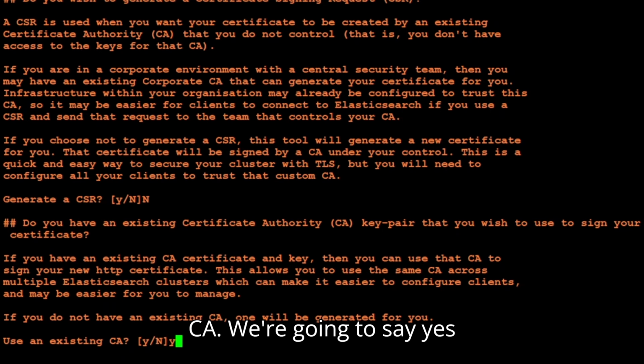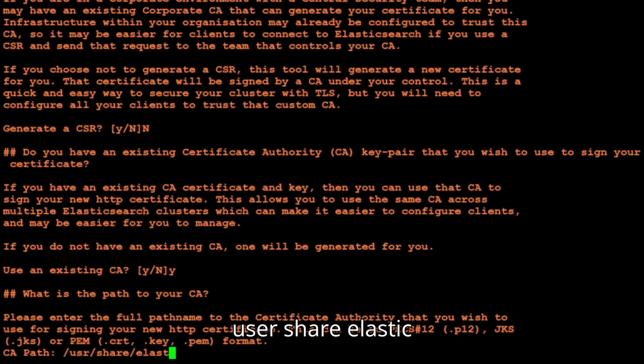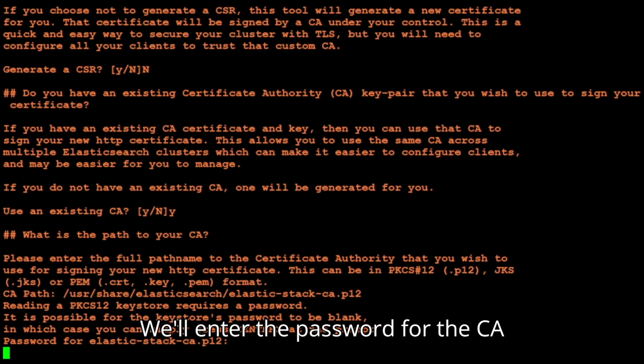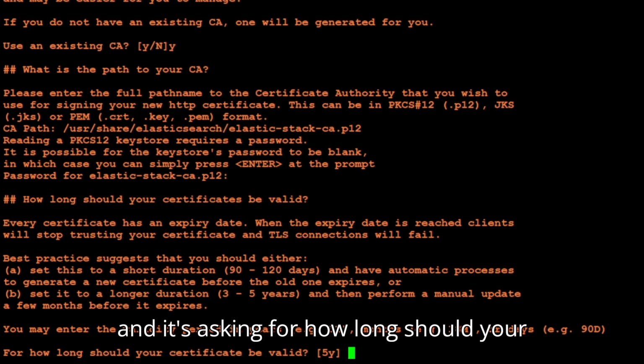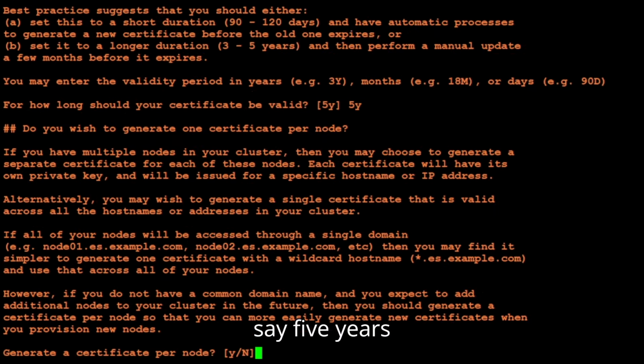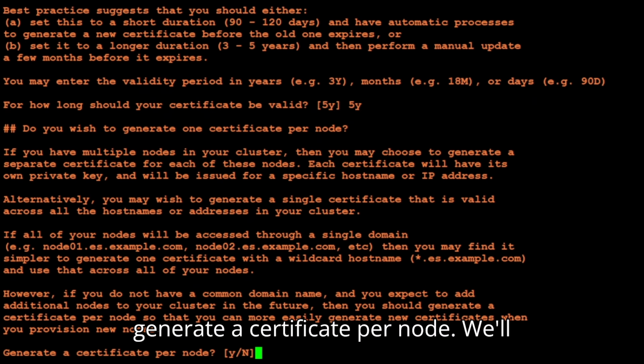We're going to say yes, user share elasticsearch, and it's called elastic-stack-ca.p12. We'll enter the password for the CA, and it's asking for how long should your certificate be valid. I'm just gonna say 5 years, and now it's asking if we want to generate a certificate per node. We'll say yes,